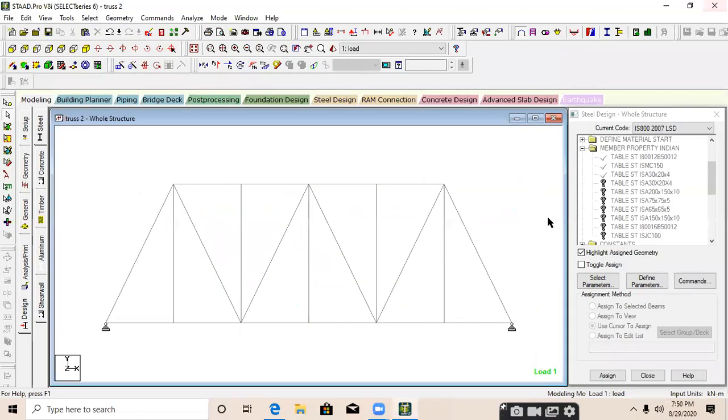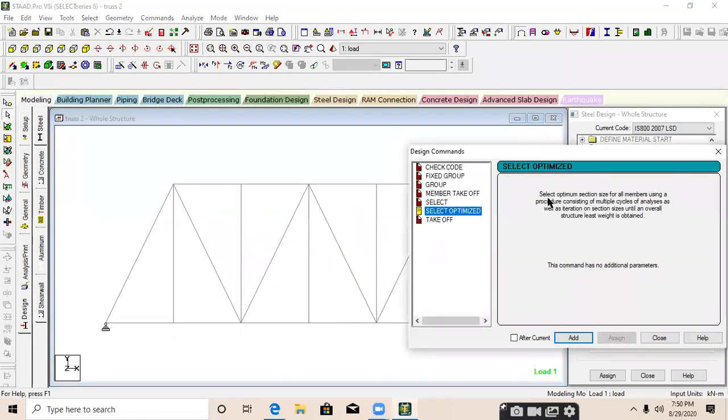You can read a description. When you select that command, it will show you a description. Select optimize: section size for all members using a procedure consisting of multiple cycles of analysis as well as iteration on section size until an overall structure of least weight is obtained. Least weight, a minimum weight of the structure overall.